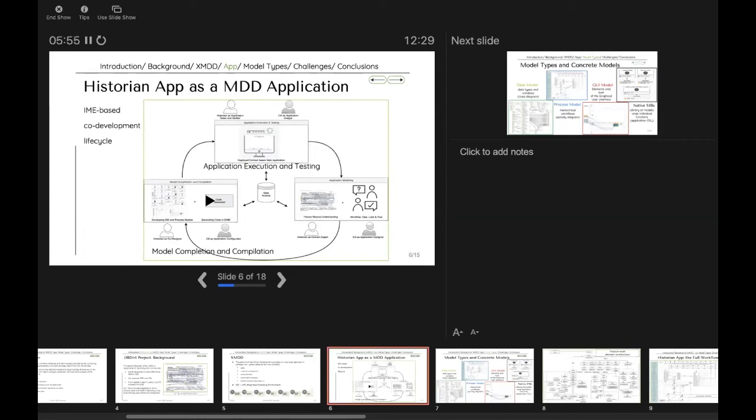At the last phase, application execution and testing, the historians and other users test and use the application. This is the validation and use phase of the current version of the application. It includes live debugging, error handling, fixing, as well as defining new features and challenges for the next development.